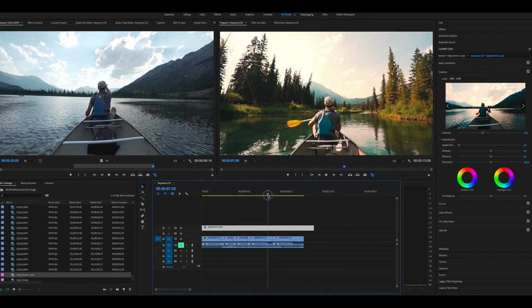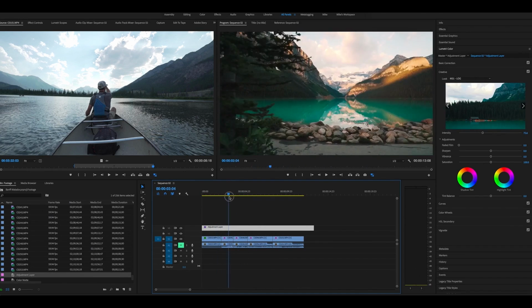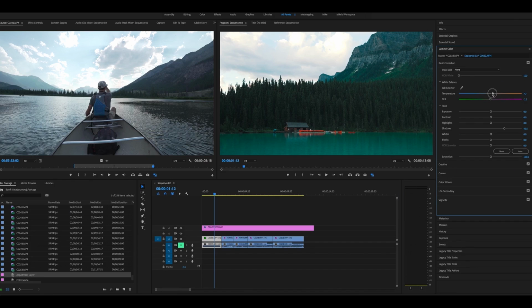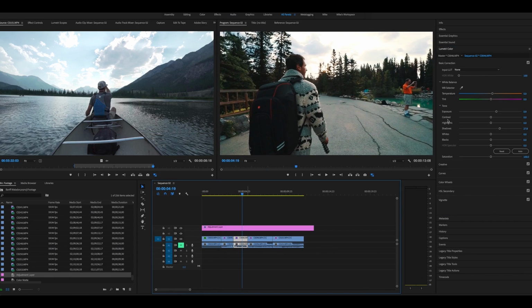But this one can be pretty cool. I mean, it's starting to give us a very unique look. All these shots are from different locations and different times of the day, so they might not match up that well right away. You kind of have to play with it a little bit. The main thing is really, I'd say more than anything, this temperature slider is just so powerful. Use that and try not to fiddle with anything else until you get the